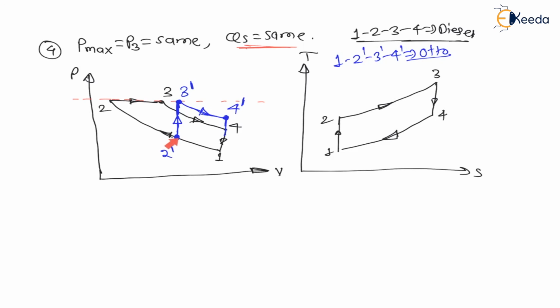Now this 2 dash is in between 1 and 2, therefore 2 dash will be somewhere here. This is 2 dash. And my dear students, 2 dash to 3 dash is constant volume heat supply process, and constant volume will be having higher inclination as compared to constant pressure process. So on TS diagram, the constant volume process will be like this,